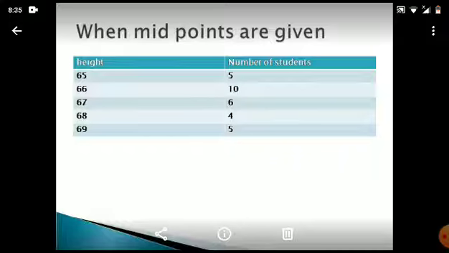The first property was that the variable should be discrete. Now first, if we look at the variable, that is height. Height is not a discrete variable because it doesn't take jumps. Number two, it is being measured, so height is a continuous variable. If a variable is continuous, then you cannot go for single value design. This means that this is a case of multiple value design when midpoints are given. How did we find out? Because height was continuous, it did not fulfill the property of single value design.